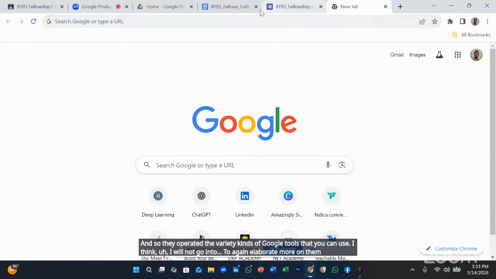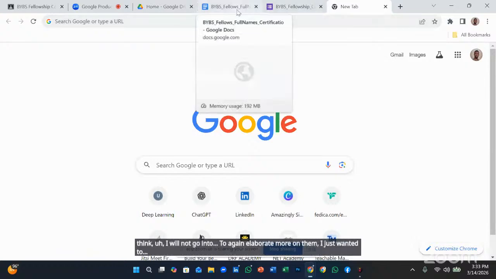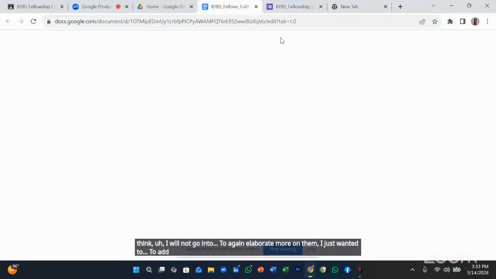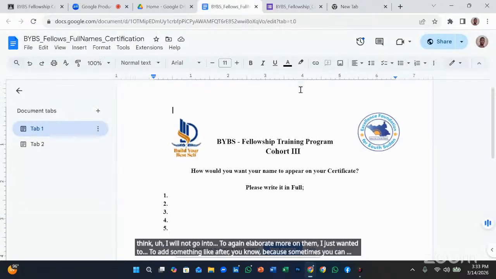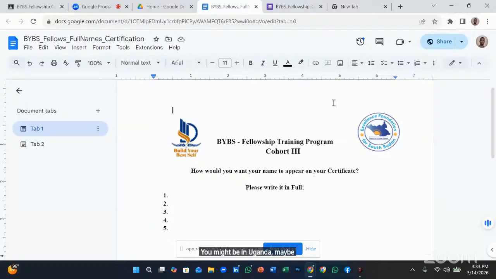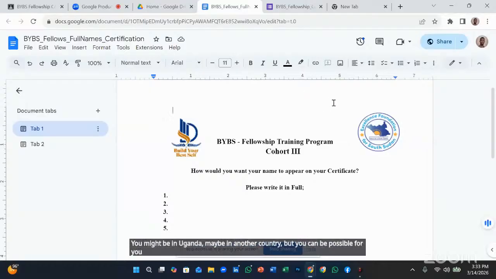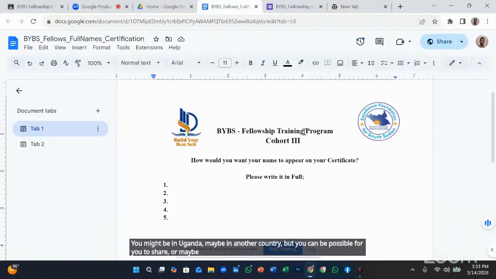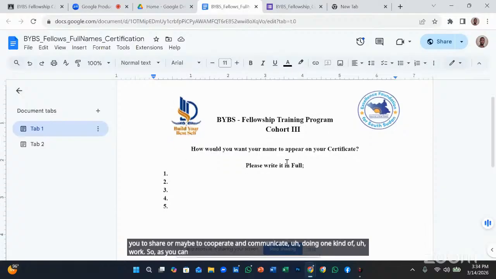I just wanted to add something, because sometimes you can work collaboratively with a teammate, a co-worker, so you can work remotely, like in your office, and then you might be in Uganda or another country, but it is possible for you to share, collaborate and communicate doing one kind of work. So as you can see here, I already opened the document. So I just wanted